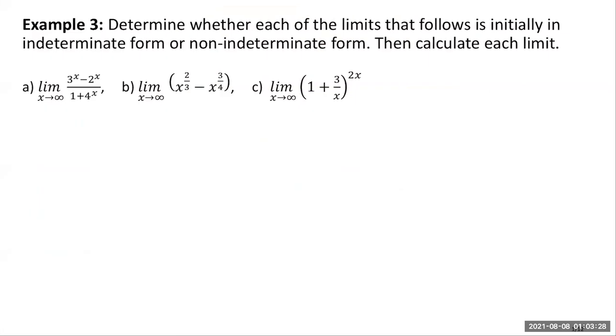I want to work on this particular example. Determine whether each of the limits that follows is initially an indeterminate form or a non-indeterminate form. Then calculate each limit. Okay, here is the first one. What do you think? Would this be indeterminate or non-indeterminate? This is clearly a